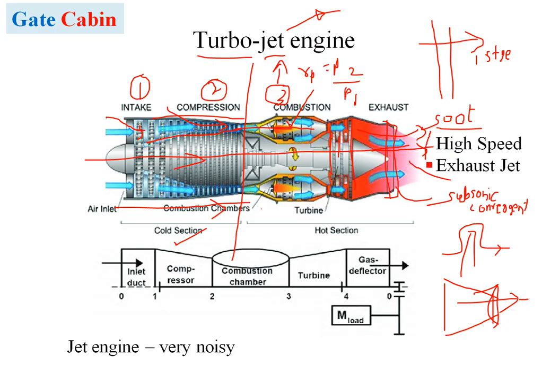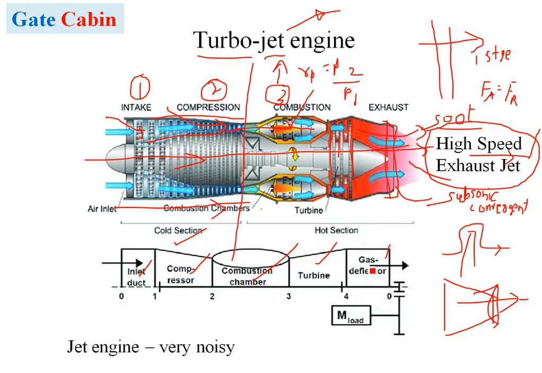So the whole thing here we are working on is to generate a high speed exhaust jet, which will work on Newton's third law: to every action there is an equal and opposite reaction, and which will force this engine or power plant to move in the forward direction. So here we have action and reaction. A very high speed jet has to be produced in order to attain speeds close to Mach number 1. Okay, so here we have the block diagram which explains everything: the inlet, the compressor, the combustion chamber, turbine, and the exhaust or gas deflector.